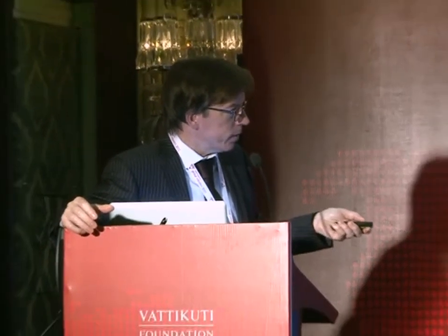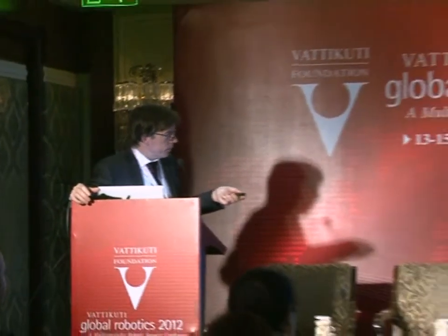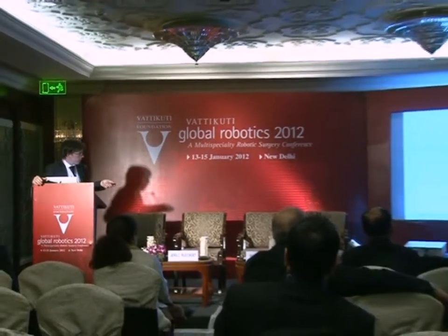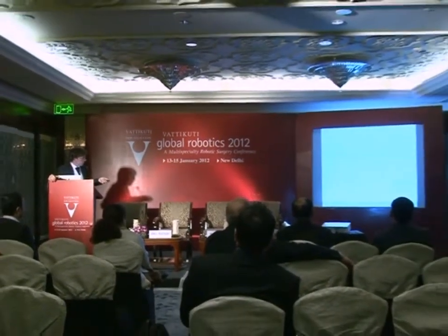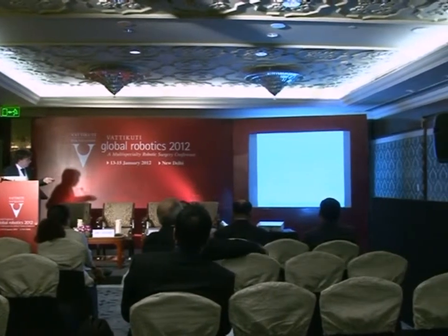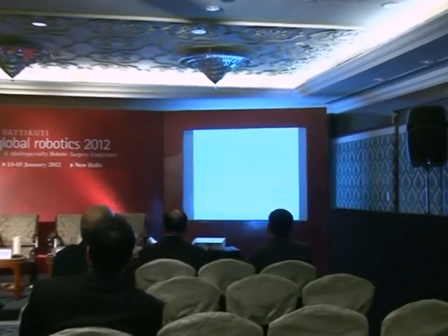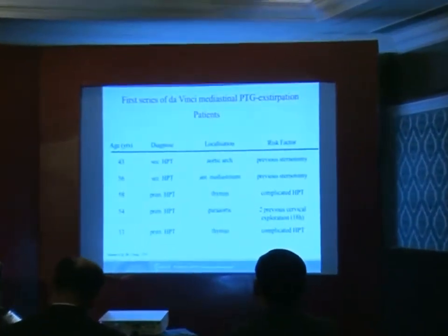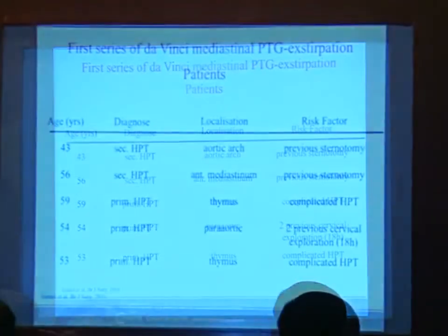Here you have our 5 patients. As you can see, we had secondary as well as primary indications. We had different localizations inside the thymic gland, para-aortic, not related to any organ, and directly at the aortic arch. And we had as risk factors, maybe to be named,